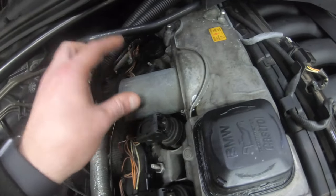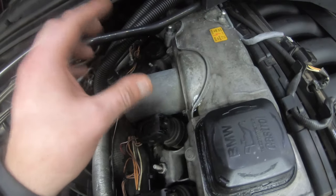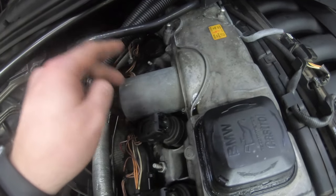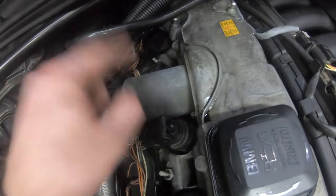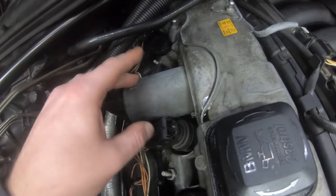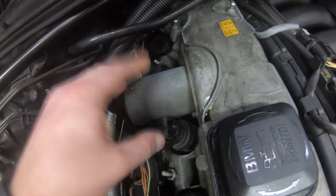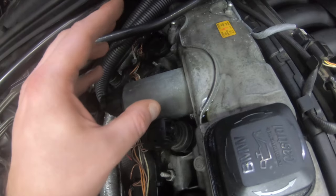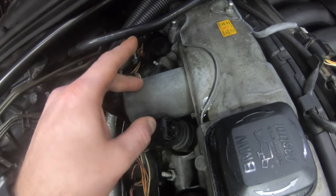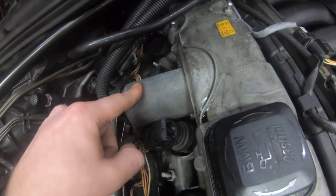Now if your Valvetronic motor ain't working, which is very rare, I haven't seen these fail before, but they can fail, and they're not a cheap part either, that will leave your car with no start as well. They're not that expensive now, they are coming down in price, but they're still about £150 for one of these. So like I say, the best thing to do is to make sure you check it to be on the safe side, and you can check this functions